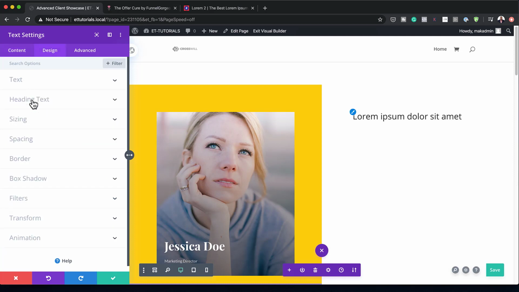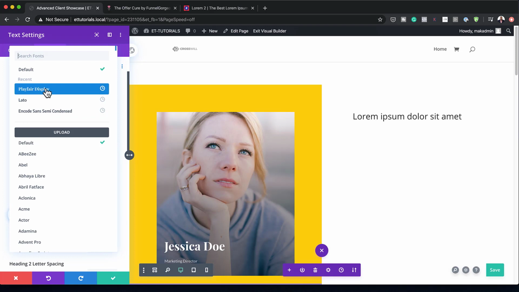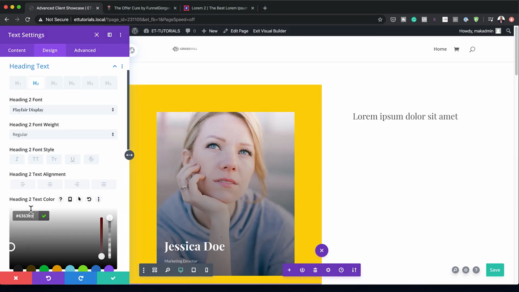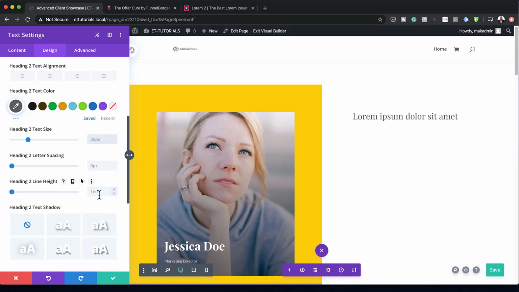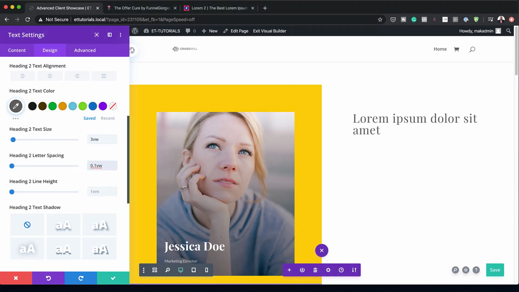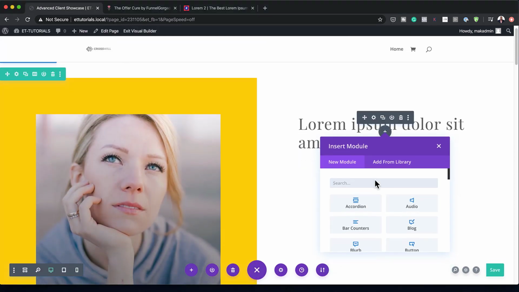Now let's customize our text. So I'm going to come over here to design, heading text, click on the heading 2 tab, and we're going to change our font to Playfair Display, and it should show there because we've just used it. Next, we're going to set our color by clicking here on this eyedropper tool. I'm going to paste my color in here, and then we're going to set our text size, and it's going to be 3VW. And let's also add a letter spacing, and this is going to be 0.1 VW, and then our line height is going to be 1.2. So let's go ahead and save that,